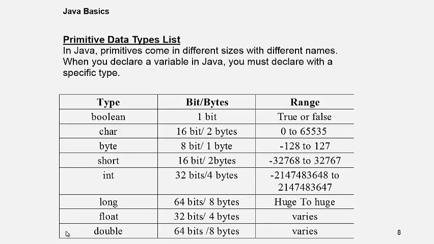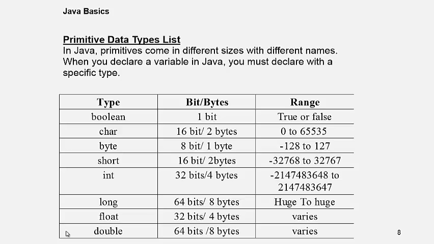Character is 16 bits because it's not assigned. Just remember that character is 16 bit. And for differentiating byte, short, int, just remember byte, short, int, long. This order should remain in your mind. 8, 16, 32, 64. It's like doubling from 8. 8 to 16 is short, and 16 to 32 is integer, and 32 to 64 is long. Just remember this, like BSIL. You can just remember this.